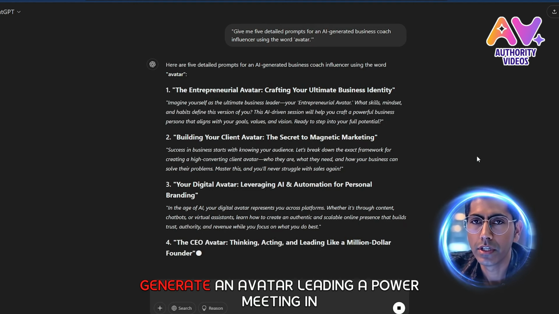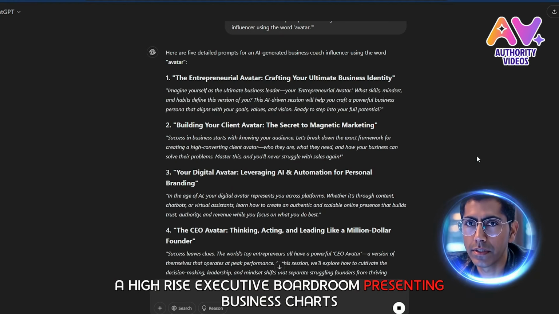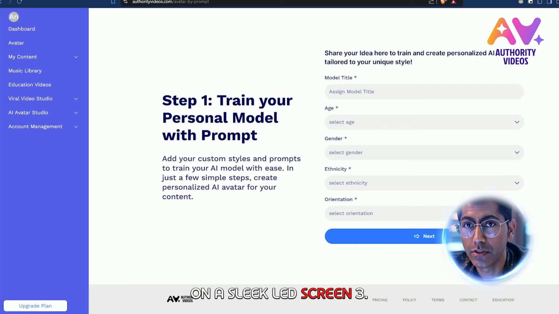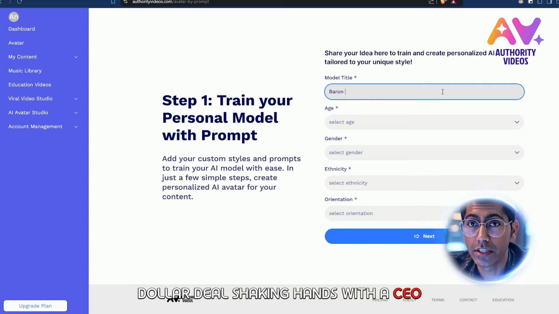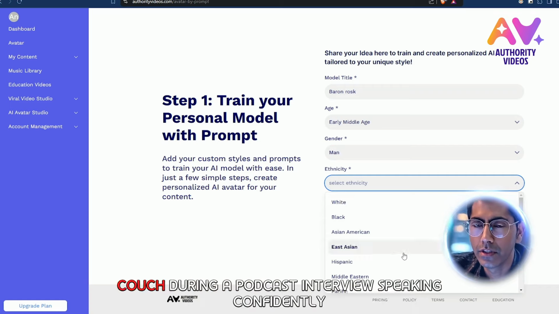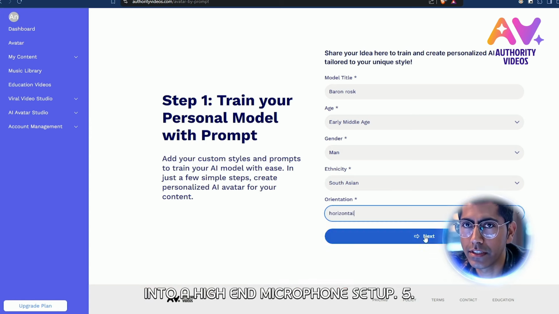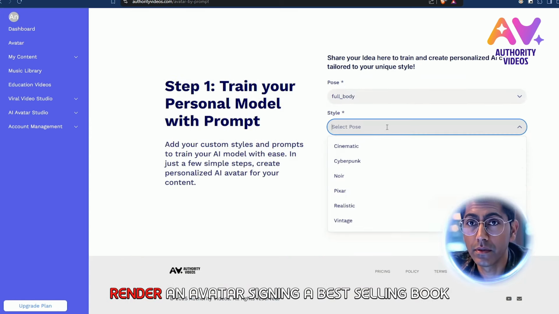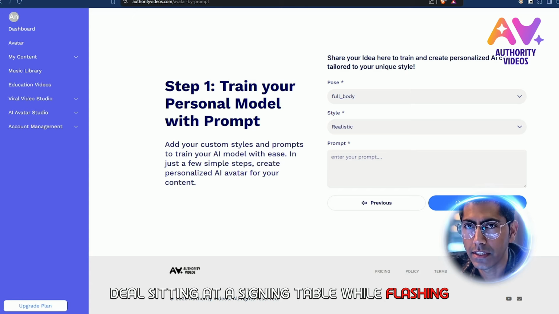2. Generate an avatar leading a power meeting in a high-rise executive boardroom, presenting business charts on a sleek LED screen. 3. Produce an avatar closing a multi-million-dollar deal, shaking hands with a CEO, both dressed in elite business attire. 4. Design an avatar sitting on a leather couch during a podcast interview, speaking confidently into a high-end microphone setup. 5. Render an avatar signing a best-selling book deal, sitting at a signing table while flashing cameras go off in